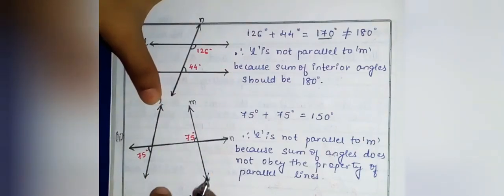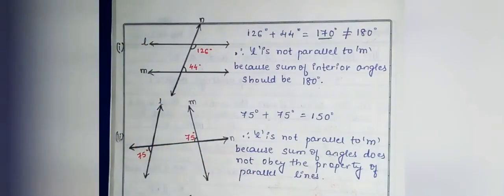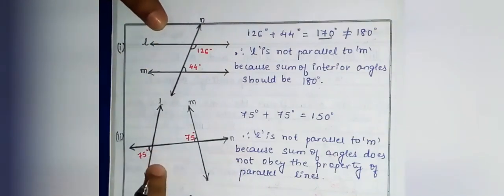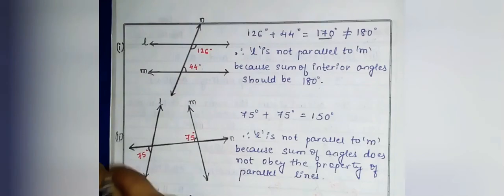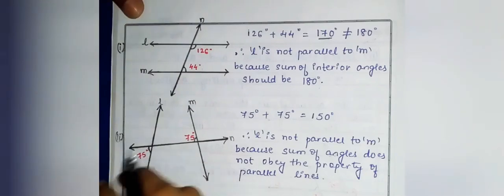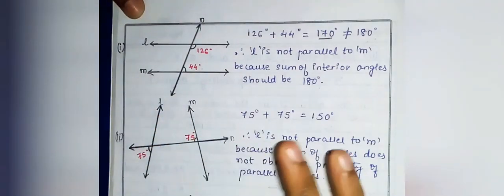Again we have to justify whether these both lines are parallel or not. We have to decide ये दोनों parallel है कि नहीं है, decide करना है. How we will decide? Again we will use a property. So now here you can use the corresponding property also. Corresponding angles का property भी use कर सकते हो और linear pair का भी use कर सकते हो. Now there are two ways. I'll show you how to decide whether these both lines are parallel or not.